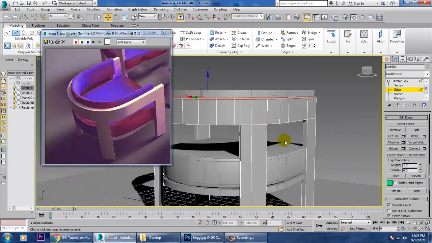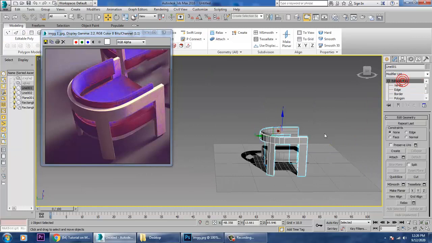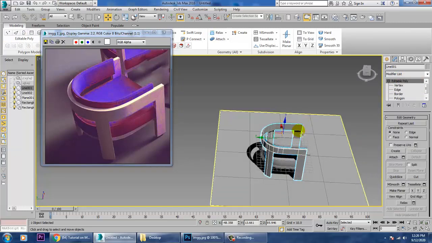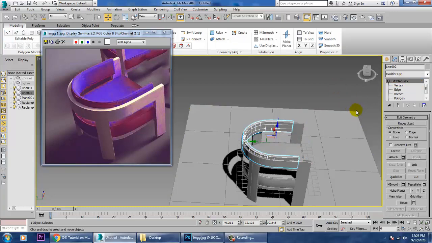Alright, so once you're done with this over here, let's go into this, select this, and just push it a bit behind like this. So let's save the file first,